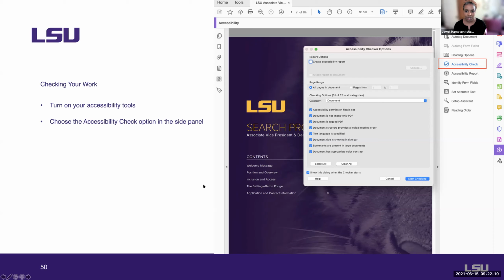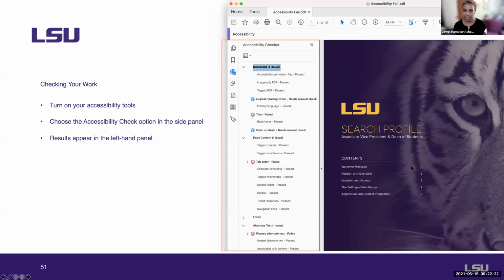So once you've checked this, you want to make sure all of your accessibility principles are checked so that it can check those for you, and click Start Checking. Once it runs, relatively quickly, the longer your document, it may take a little bit longer to run, but it's seconds. And if you have any errors to fix, they're going to show up over here in the left-hand column